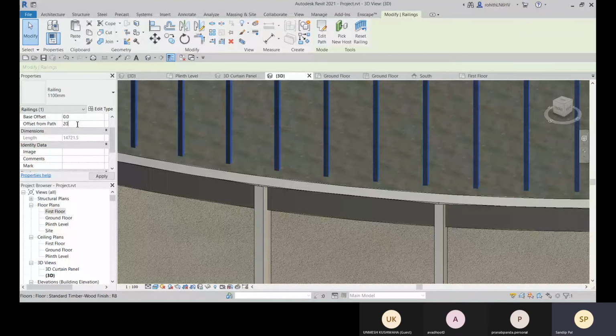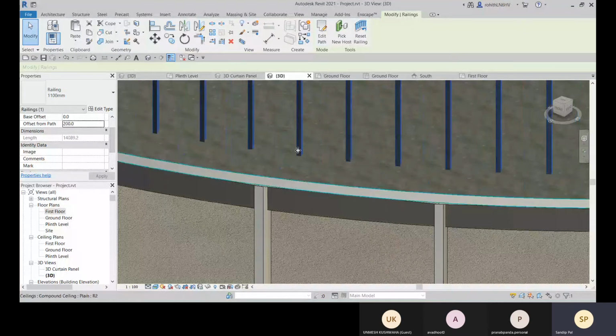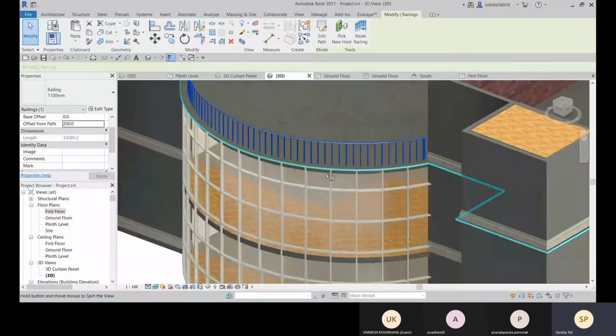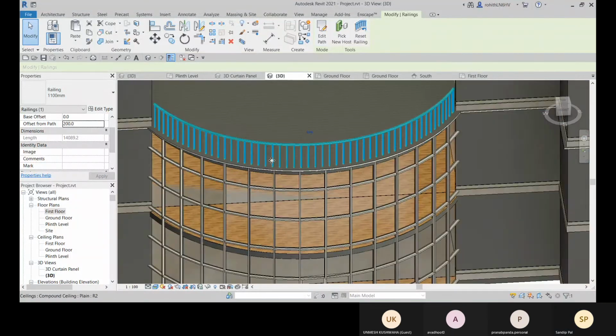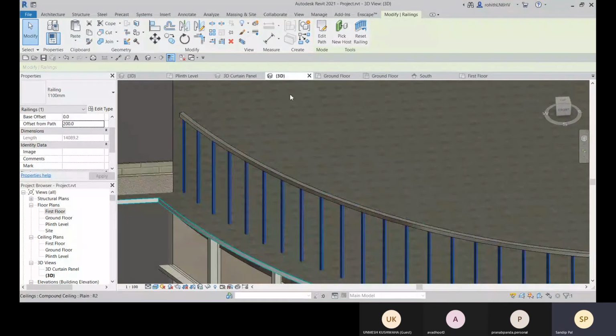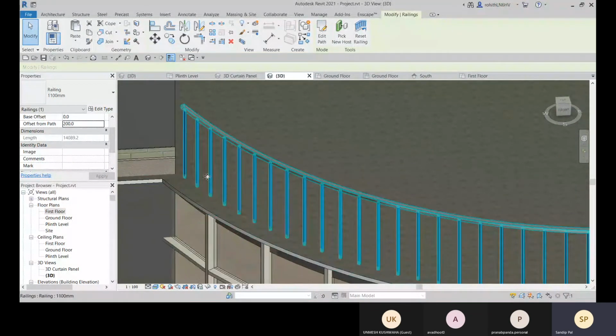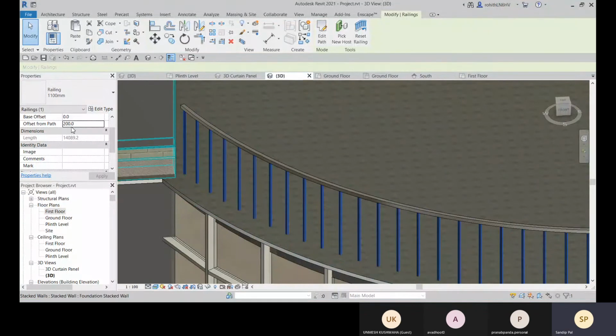So like 200, let me give some offset 200 and it is created this way.